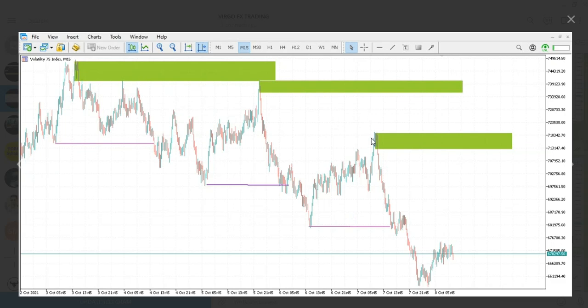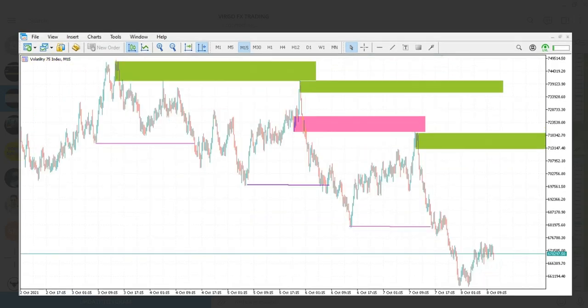As you can see, we have a failure market structure for this high here. But then do we say price just suddenly rejected here? No, we don't say that. Let's go to the next photo. Then we highlighted another candle here, that the move from below here came to mitigate here.